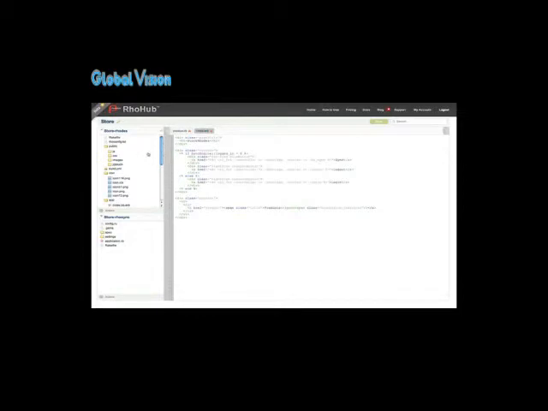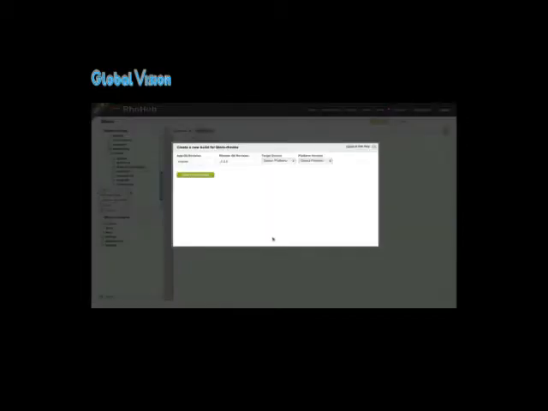So that's our Rhodes application. So we've done all the modifications we need. We now want to create a build for our application. All we need to do is go to our actions and build, and we'll pick what platform we want to build for. So I want to build for Android 2.2, for instance. I'm going to select create a new build,